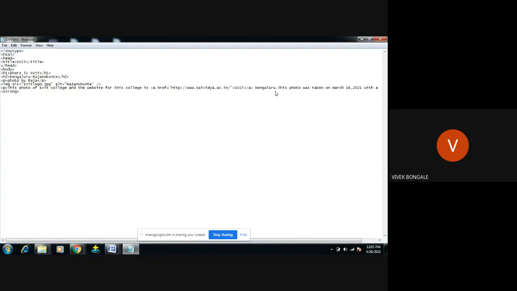Here I'm using one tag that I am embedding in the p tag, meaning I am nesting the element. This type of tag we call an inline element.